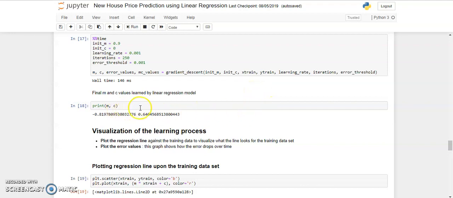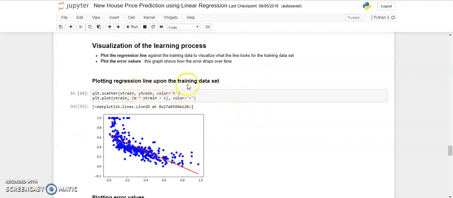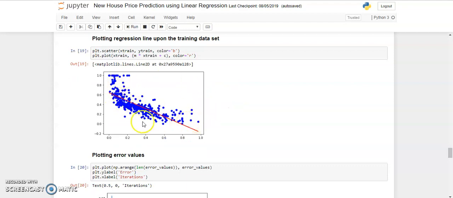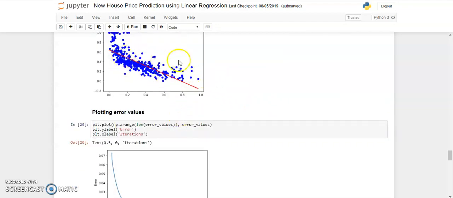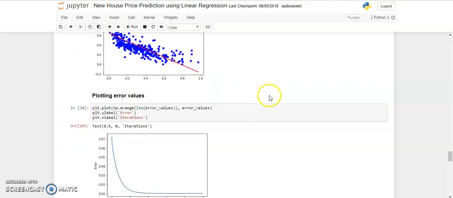So using this slope and constant, which we have got from the training dataset, we will predict the values for the test dataset. Now let's visualize what we have learned from the training dataset. We use the regression line plot to plot the expected and the predicted training dataset. So this is the graph we get. The blue dots represent the expected training data, the training y values, and the red line denotes the linear curve which we have got from the linear regression model, and as you can see, this red line fits quite well for our given data.